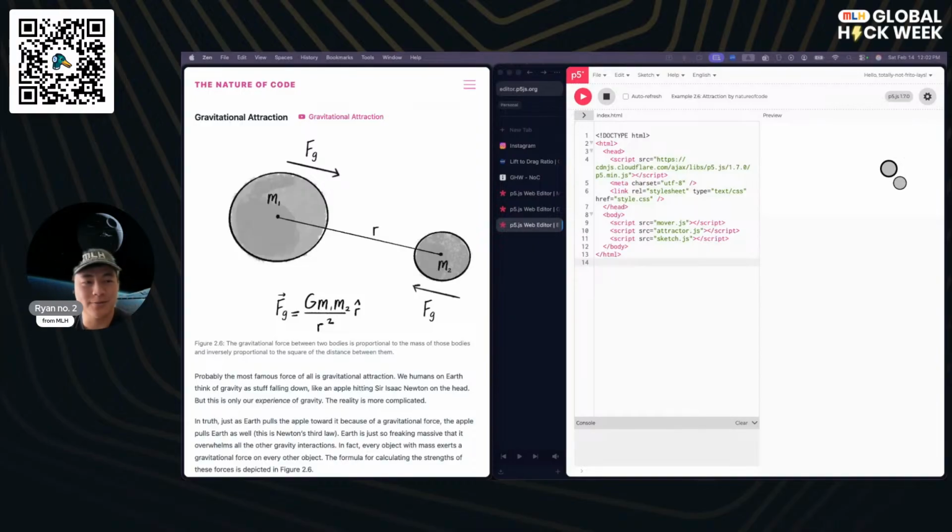Today we are going to be doing the Nature of Code Workshop Part 2 on gravitational attraction. While it is technically an ongoing series, I like to make sure that these workshops are accessible, even if this is the first time you are dropping in. So we will do an overview of everything we've been doing so far, as well as what we're looking at.